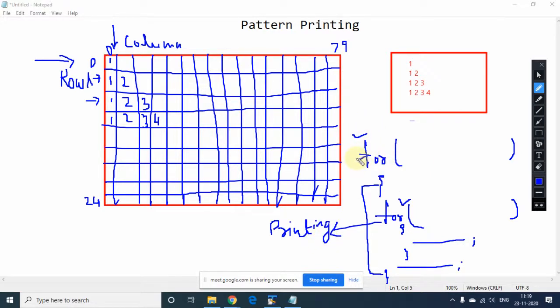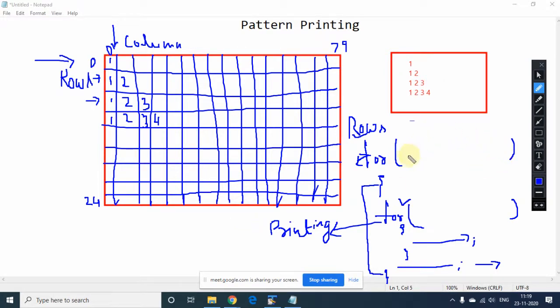And the first loop we use for the number of rows. In this statement we will change the line, and here we will print whatever you want to print. Is it clear, everyone, the basic things? The first loop is used for the number of rows.